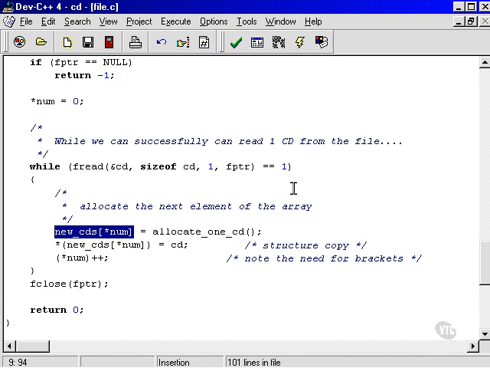Okay, so that's the chapter on pointers to pointers. We've got one chapter left, that's called function